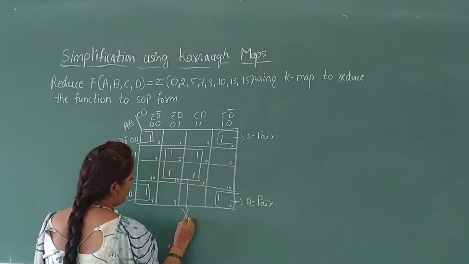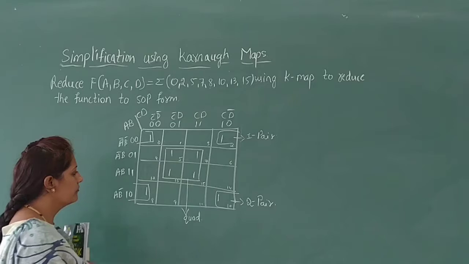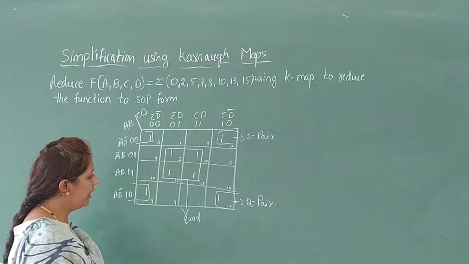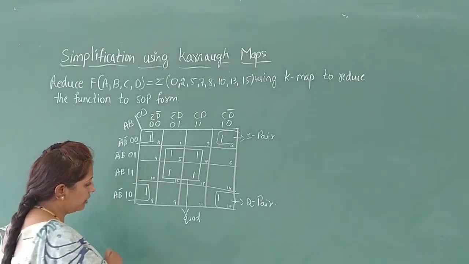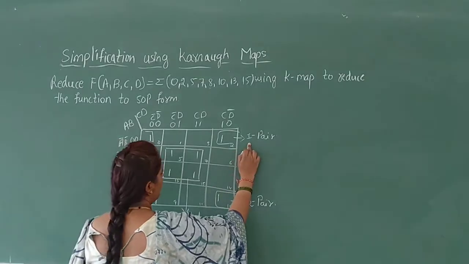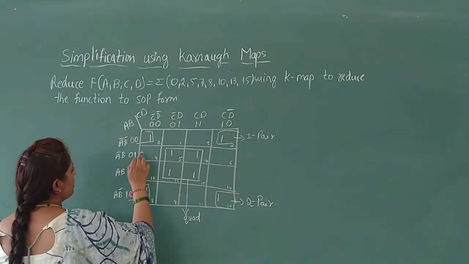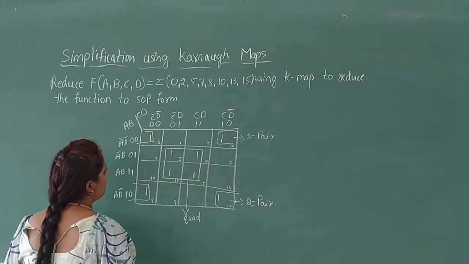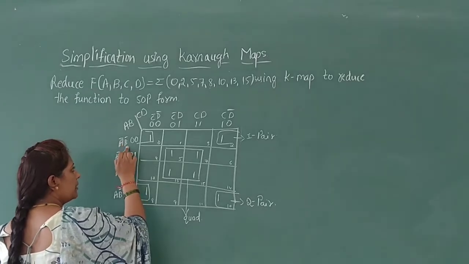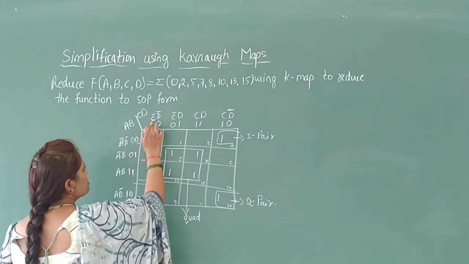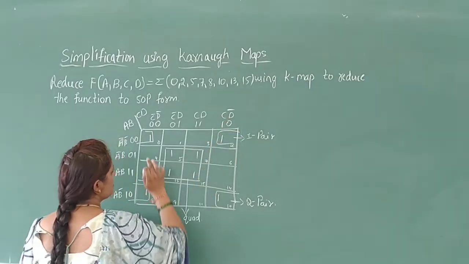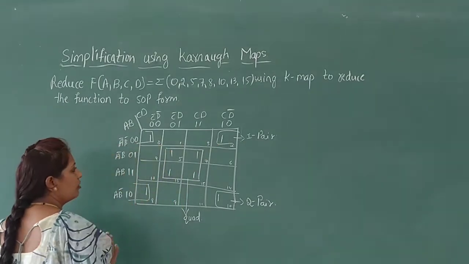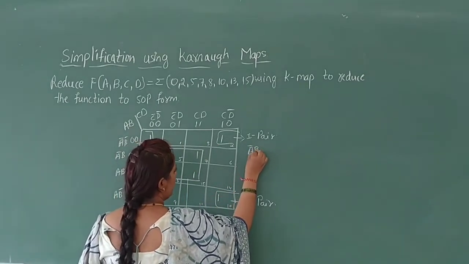And it is a quad. And write down the minterm values for each formed pair and quad. The first pair, the minterm value is created as 1, 1. These two values are formed in the row A bar B bar, but in columns C bar D bar and C D bar. But these values are found in a single row, therefore take the value A bar B bar as it is.